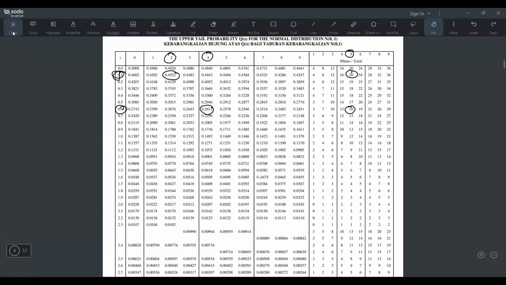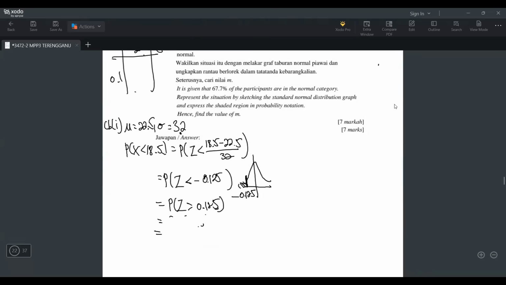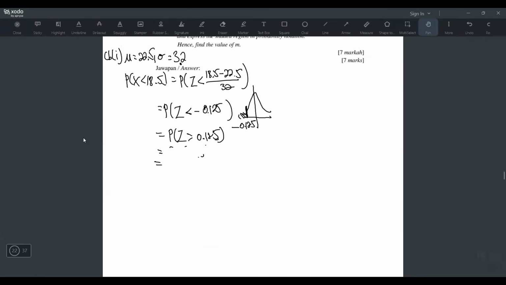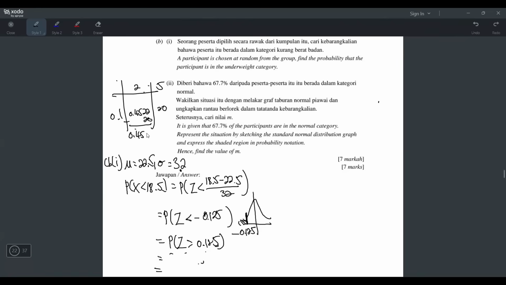4522, 20. So this value is 0.4522. This value is 20. It means I have to tolak 20, but take the last two digits. So it'll be 0.4502. Yeah,